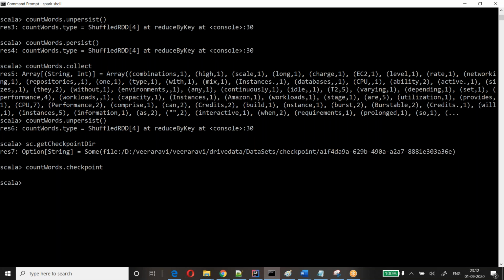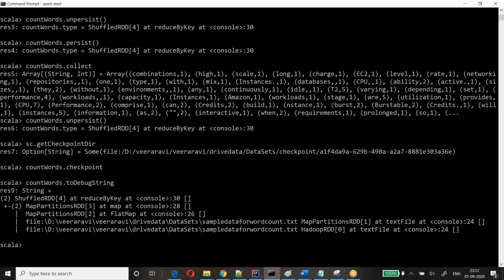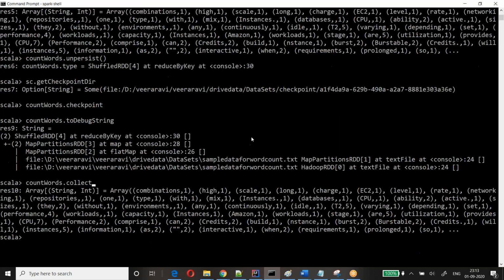Let me do one thing. Let me do a toDebugString on this and we'll understand. Look at here. It does not store any lineage graph. Let me call an action and show you. I called an action.